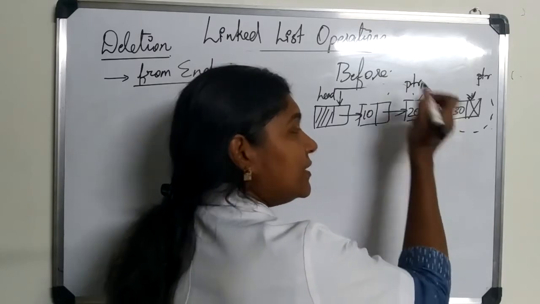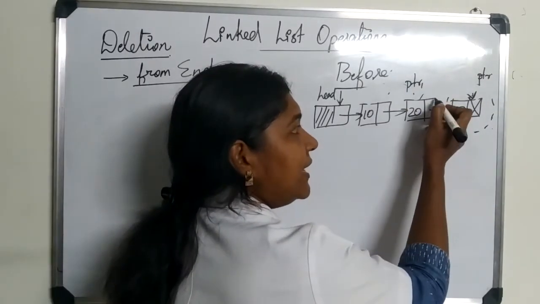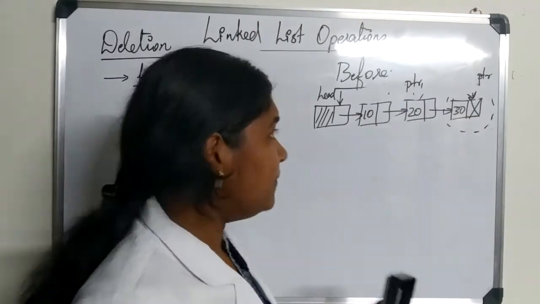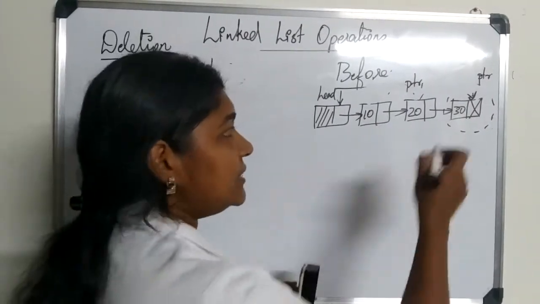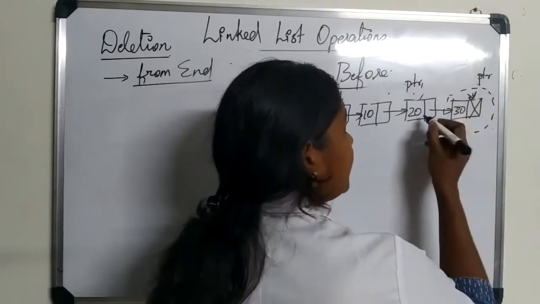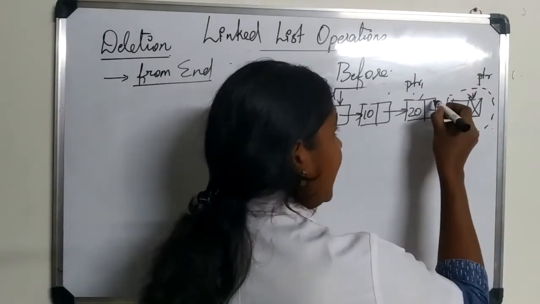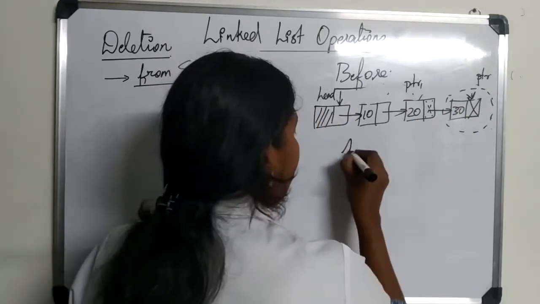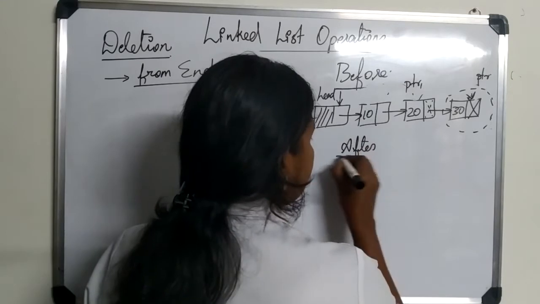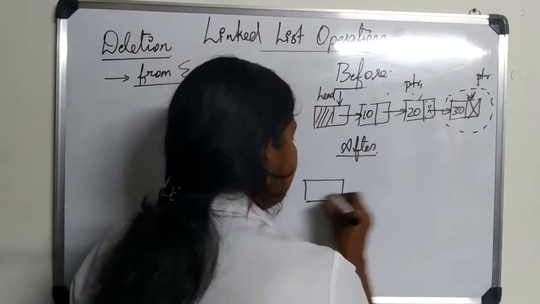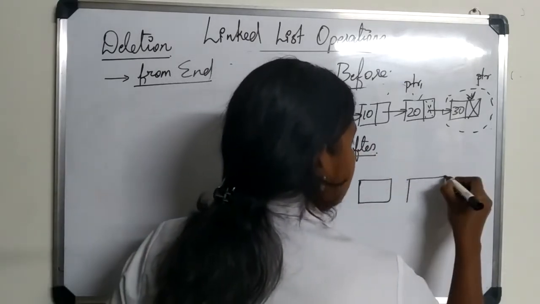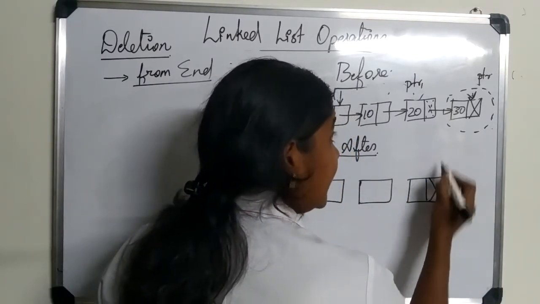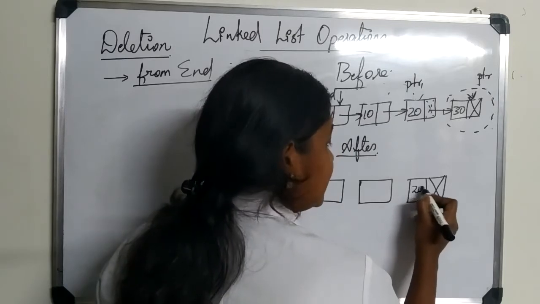The only thing remaining is PTR1 dot next equal to null. That is the only one operation remaining. Okay. So it is very easy to perform the operation. So this is the diagram before deletion, and we need to set this part also as null. Then after deletion, you can easily draw the diagram, right? 10 is gone, so only 20. Till 20 the node is there, and we need to set the link part of 20 as null.